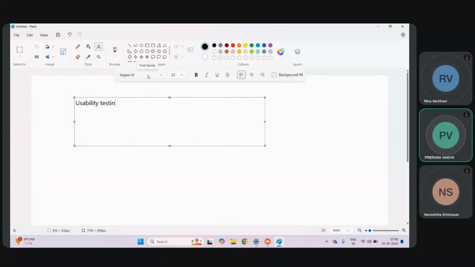A very important and very easy concept is usability testing. What is this? Usability testing, or